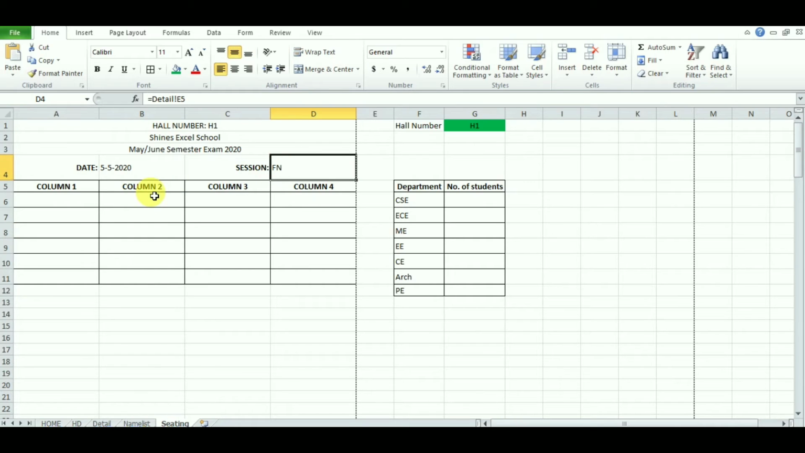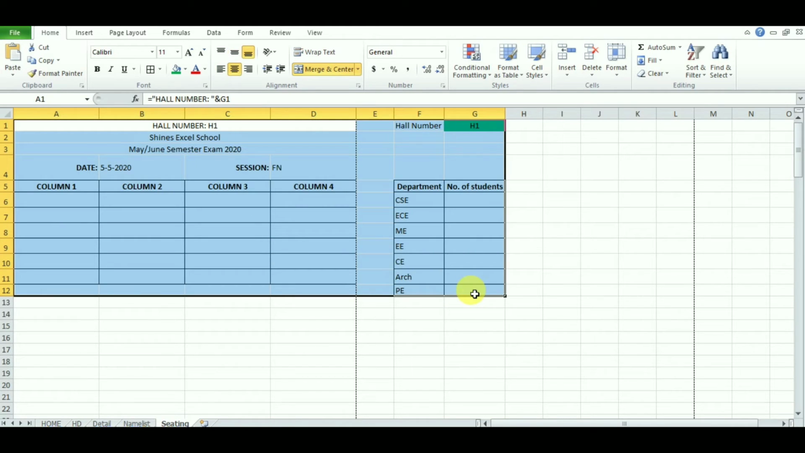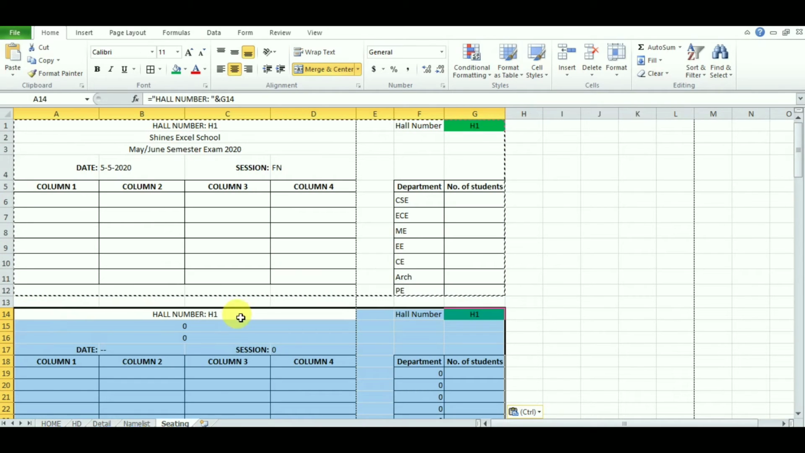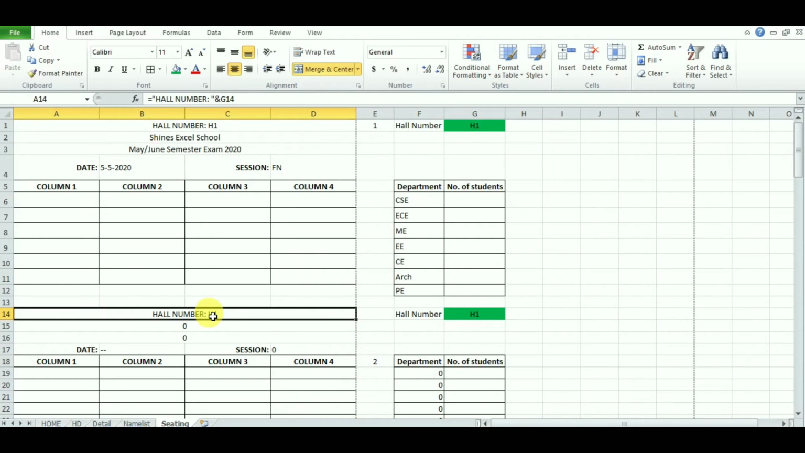So the designing of the first page is ready, and then I'm going to design the second page, second hall number. So I just do it by copying it below. Copy and paste. When you notice here, the hall number has come, but when you see below, it is showing 0 0,